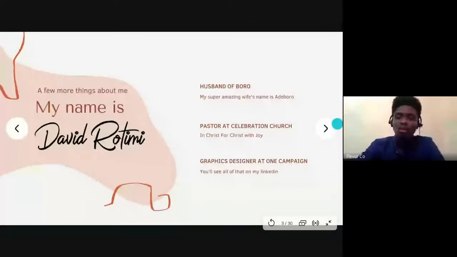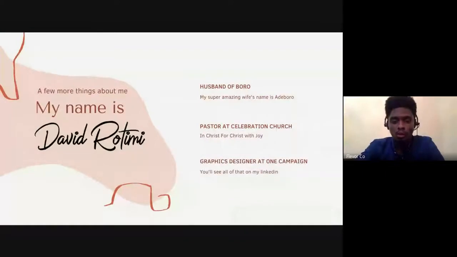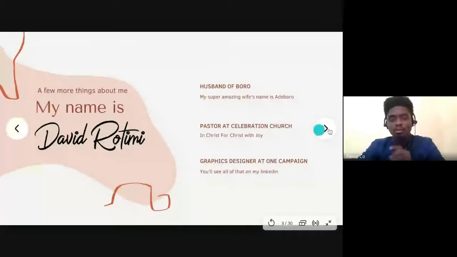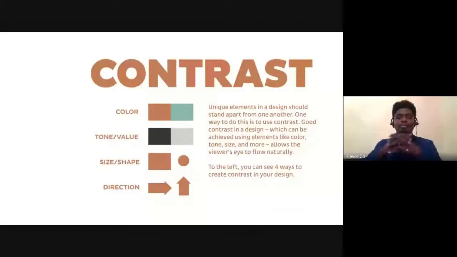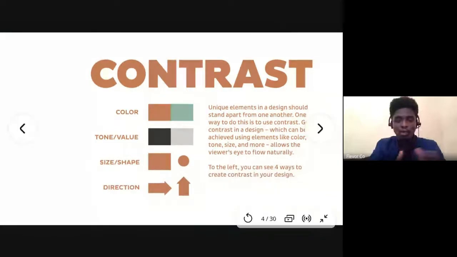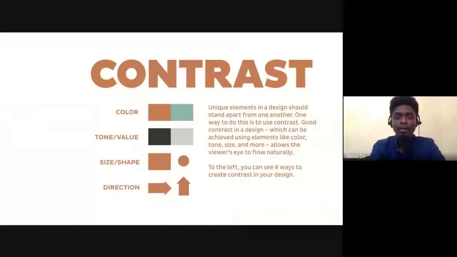Let's go right into the principles of design. All right. Contrasts, that's C. I'm going to be switching between, you know what, see what I'm going to do. While I'm working on this, I'm going to be drawing on Canva at the same time. So you're going to get a good grasp of how Canva works while I'm doing this. I'm going to be switching in between Canva and my slides. Okay. So contrasts, basically,